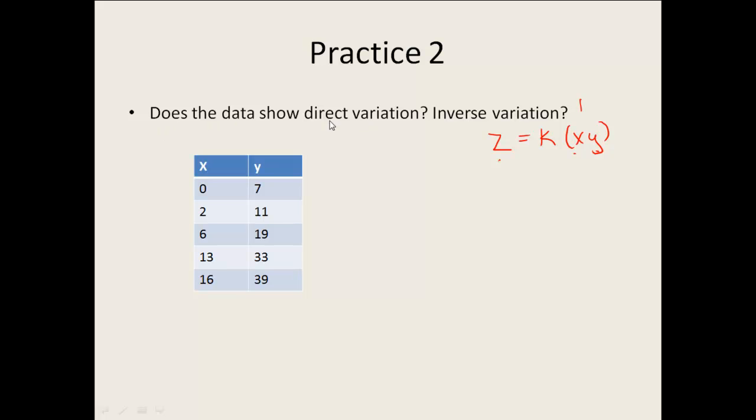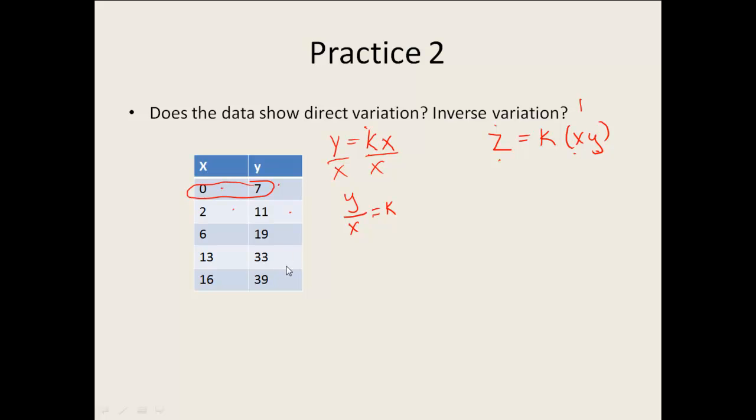So now we're going to look at the table. How can I take a table and decide if I have direct variation or inverse variation? If we tackle direct variation first, that's our y equals k times x. Well, the constant of variation is called the constant of variation because it's constant. So what has to happen is for every xy pair I have to get the same k. Now the easier way to solve this is to isolate the k. So if I were to divide both sides by x, I would end up with y divided by x equals k. So what I need to do is pick each pair